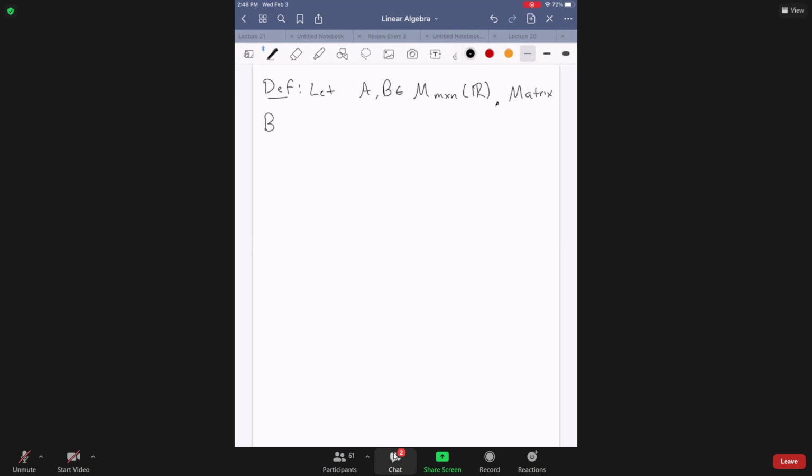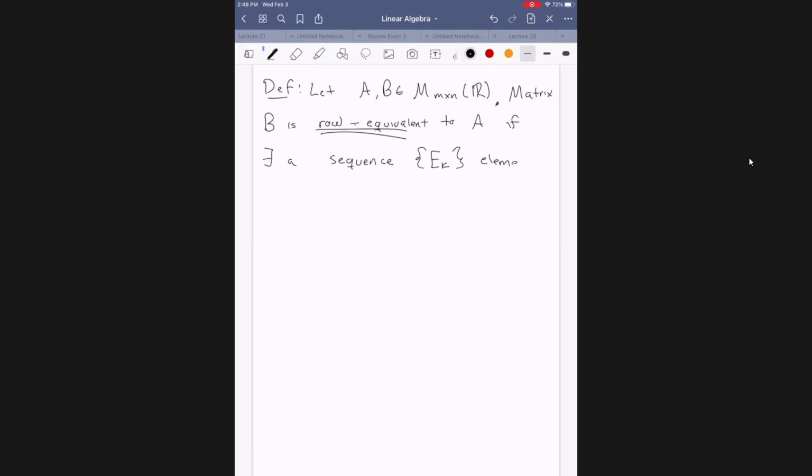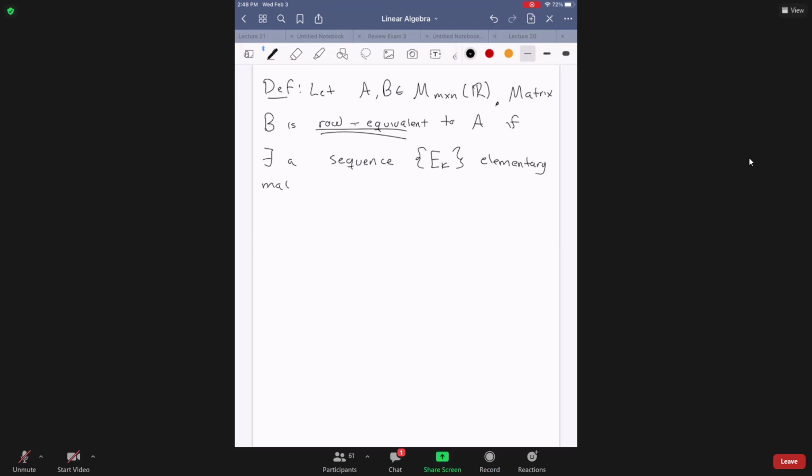A matrix B is row equivalent to A if there exists a sequence E1 through EK of elementary matrices such that B equals EK times EK minus 1 all the way to E2, E1 times A. So basically what we just did, right? That last example,